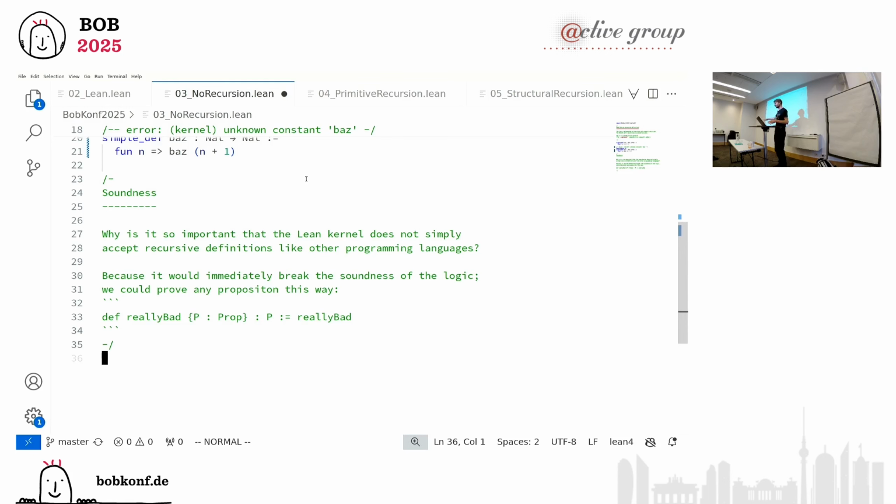Now the other systems, Coq, Agda, they get away with having a termination checker inside the kernel that will allow certain kinds of recursions that are still okay. But it's a complex logic that's now in the trusted code base, and the Lean developers decided, let's keep the kernel lean, one reason why it's called that way, and define it so that the kernel doesn't even have to deal with this termination problem.